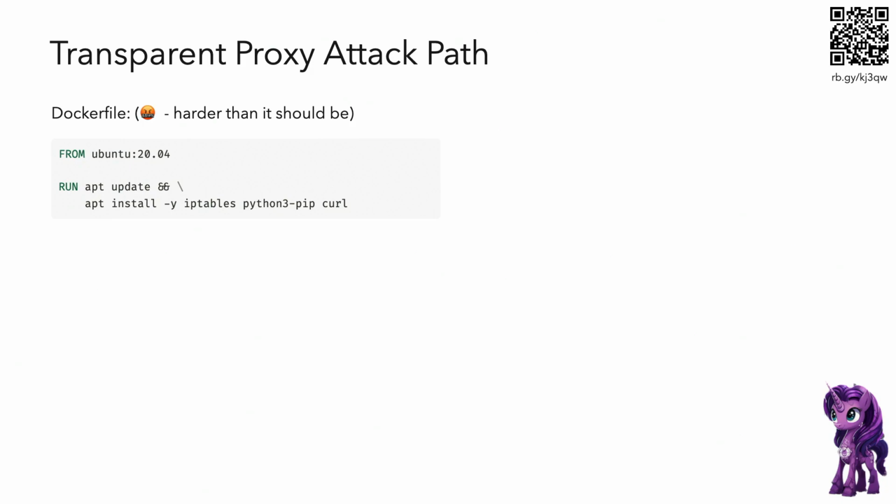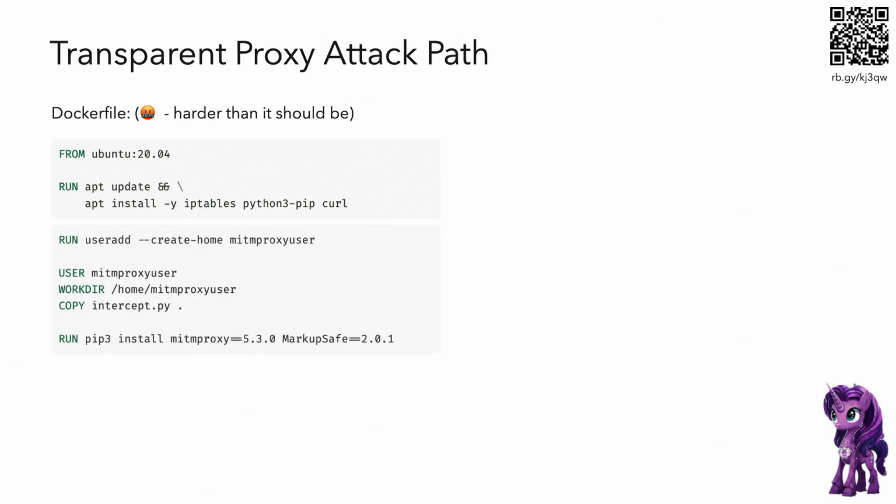And I'm demonstrating this intercept everything, so I'm going to demo it with curl this time. This is a quirk of this method. You've got to actually add a new user. And I'll explain why later. But this Dockerfile assumes the identity of this user and they put the intercept file there, you've got to then install MITM proxy. This is annoying. The latest version of MITM proxy is busted because it has some sort of transitive version problem, so that's why this specific version is specified.